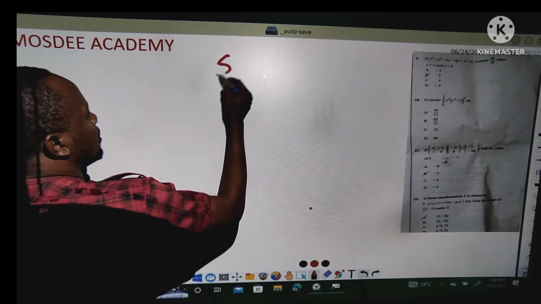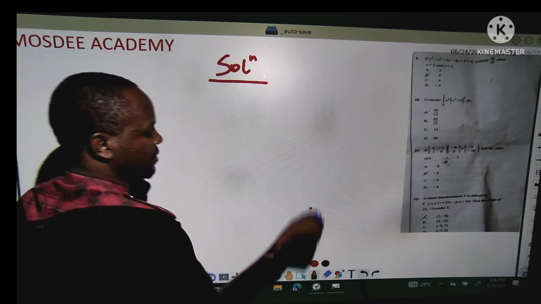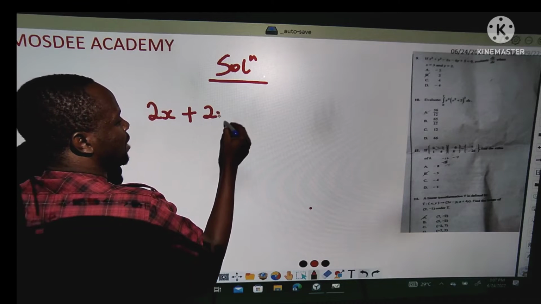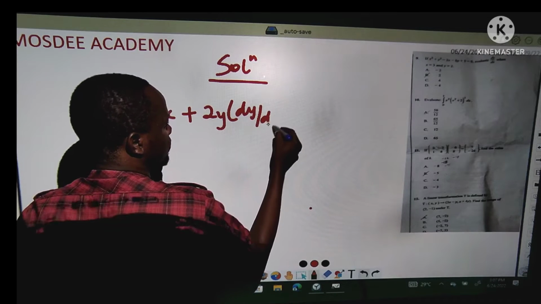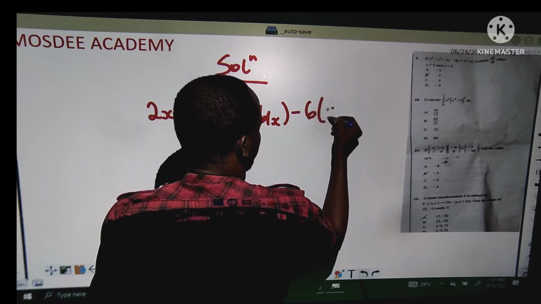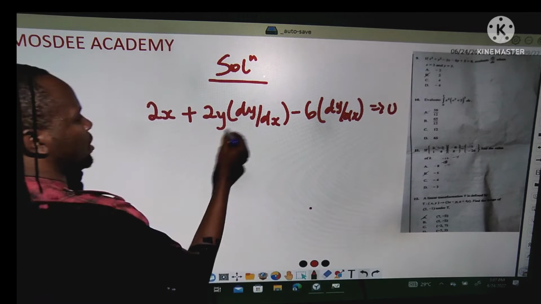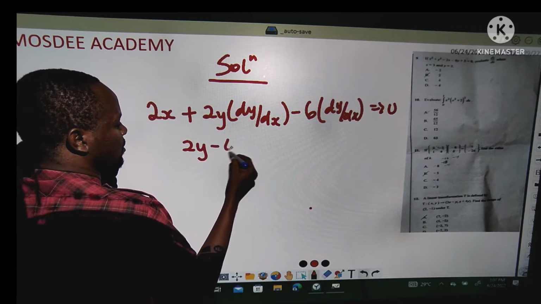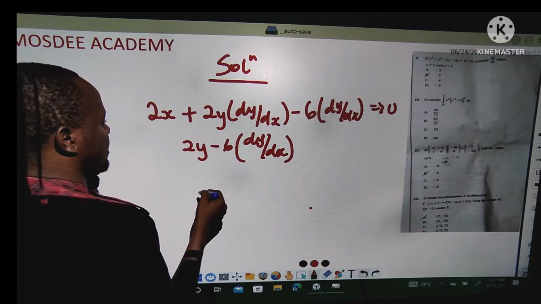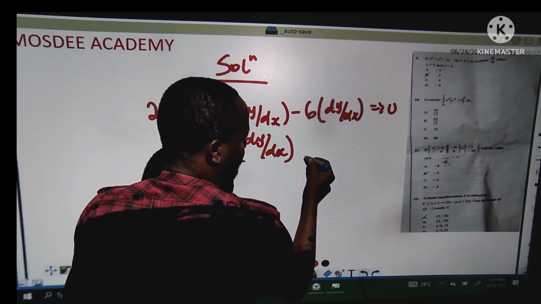That's an implicit function, and if you remember the concept, whenever you differentiate y, you are going to put dy/dx. Time is moving. So 2x, when I differentiate that, plus 2y dy/dx, minus 6 dy/dx, and I differentiate that equals 0. So I have 2y minus 6 dy/dx equals to